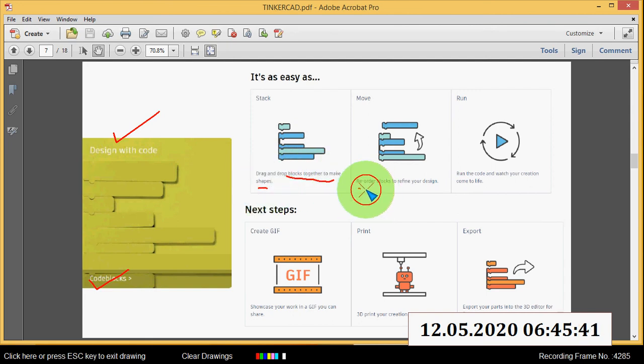Then you can reorder the blocks to refine your design, and you can run the code and watch your creation come to life. Then you can create a GIF to showcase your work. You can share, 3D print your creation, and export your parts into the 3D editor for future use.